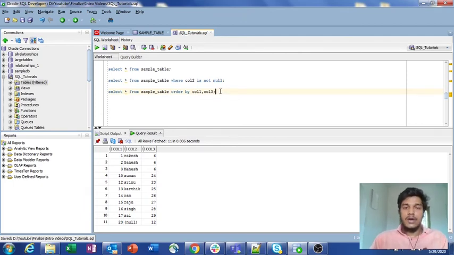This is all about ORDER BY, and this is how you can sort based on one column, two columns or multiple columns. If you want to sort all the records, you can use the ORDER BY command with one column. Suppose every table contains a primary key or a unique key; if you specify ORDER BY on that column, then obviously all the records in your table will be in sorted order. So this is how you can sort SQL tables using ORDER BY.